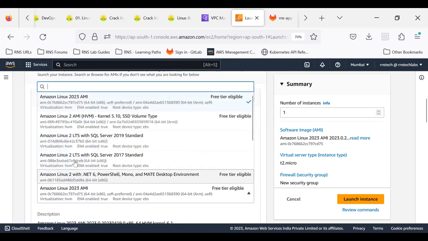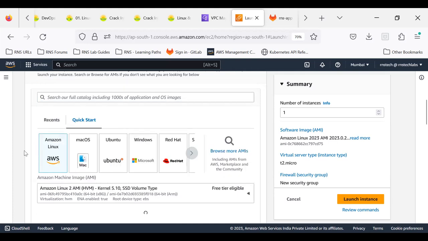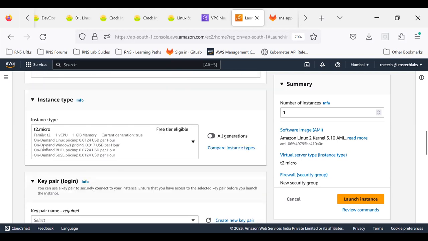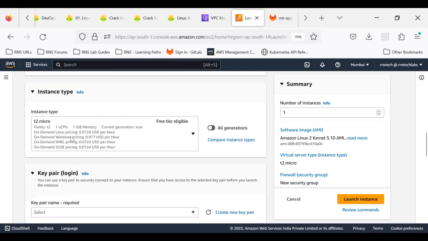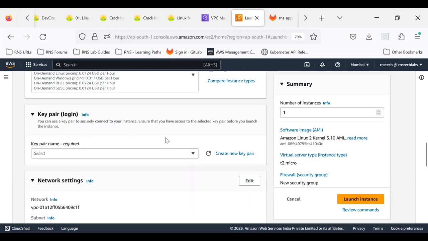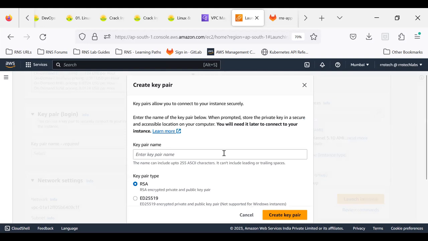Instead of Amazon Linux 2023, just go for the Amazon Linux 2 AMI, because we are already facing some issues with 2023. Instance type t2.micro is fine. And for the key pair, I need to have one key pair. Let me create a new key pair. This is to test